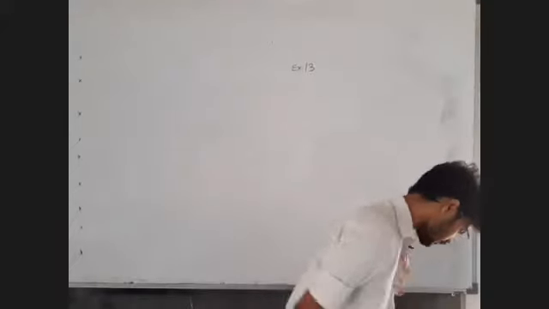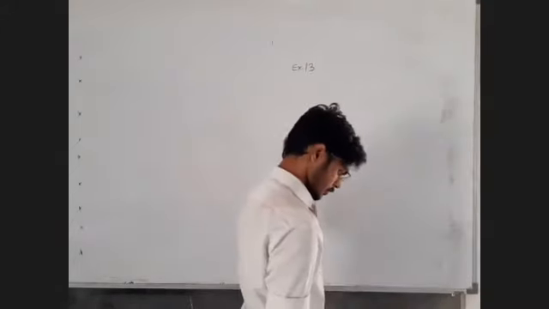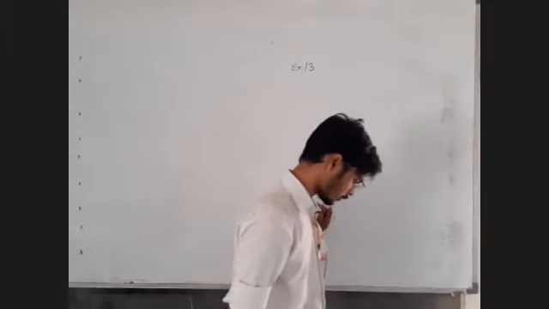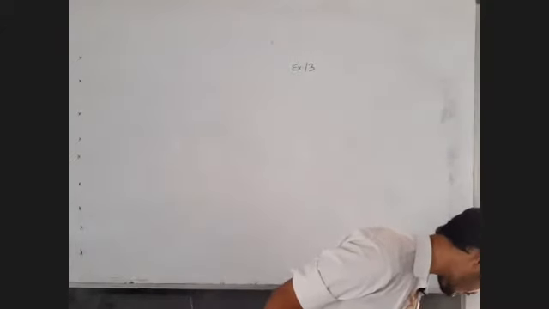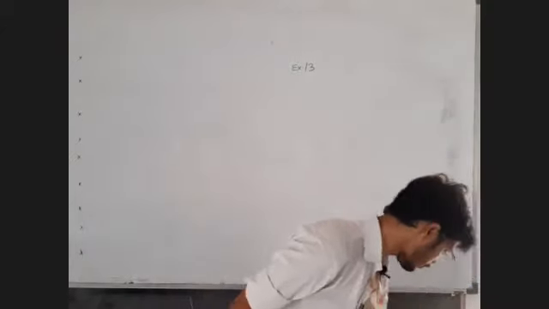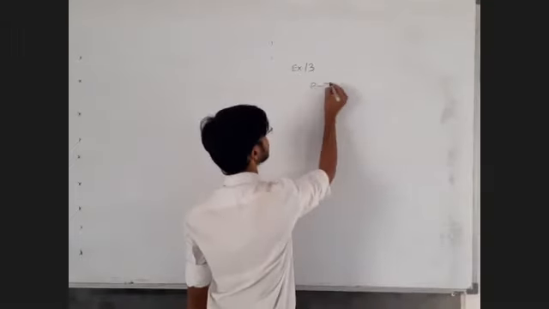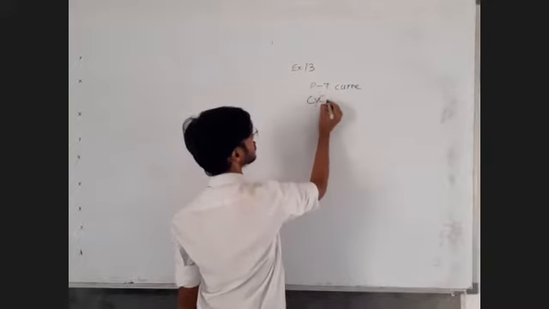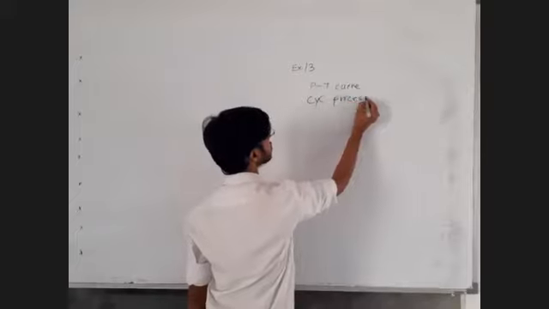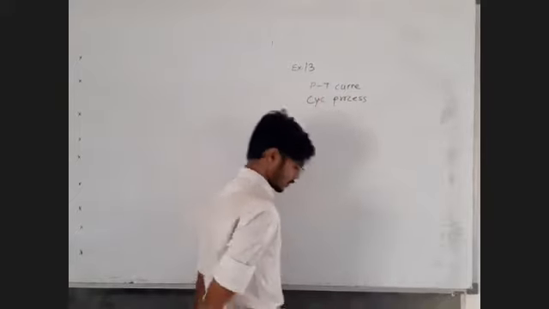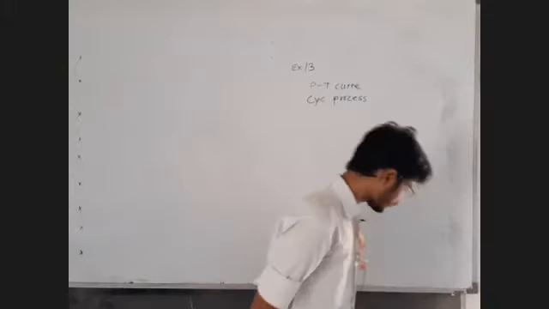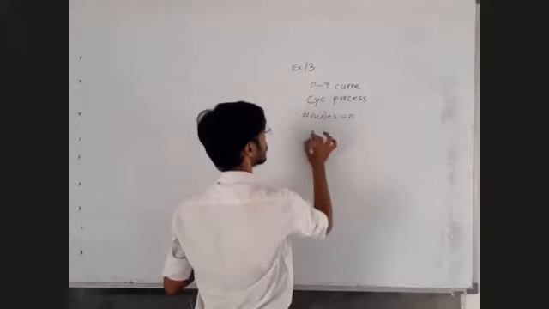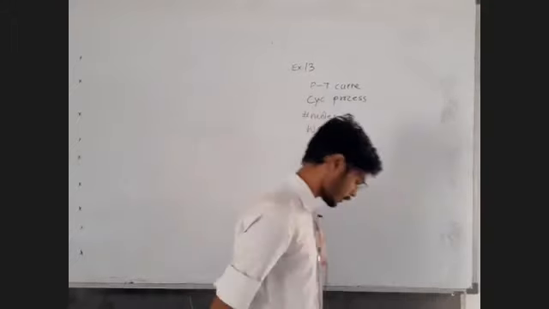Fine. A pressure temperature curve is given now. In example 12, we were given a temperature volume curve, but now we are given a pressure temperature curve of the cyclic process shown. Find out the work done by the gas in the process if the number of moles is n. What is given? Sir, the pressure temperature graph. The process is a cyclic process. Okay, sir. CYC stands for cyclic process. We are given the number of moles as n. We have to find out the work done.